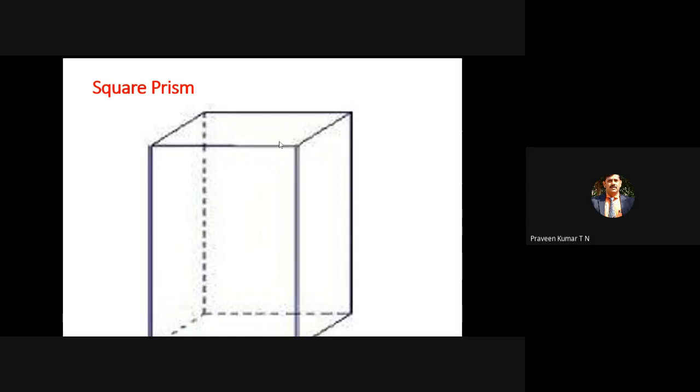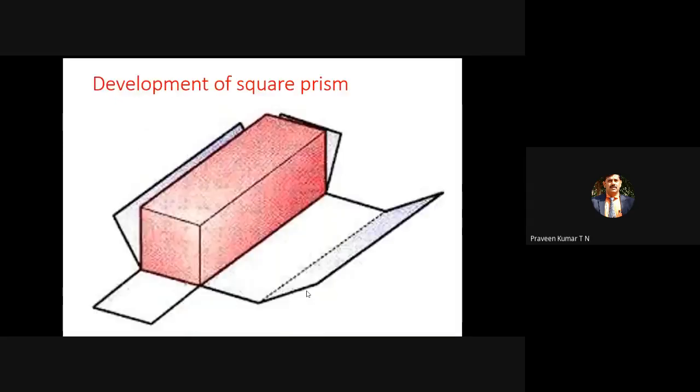Now this is normally referred to as a skeleton model. You are taking out the top square and the bottom square face, and end with a hollow square prism. Then you are opening it by cutting from this point to this point. Imagine it is hollow, like a paper model. Once it is open, we'll get four rectangles side by side. That is nothing but a development.